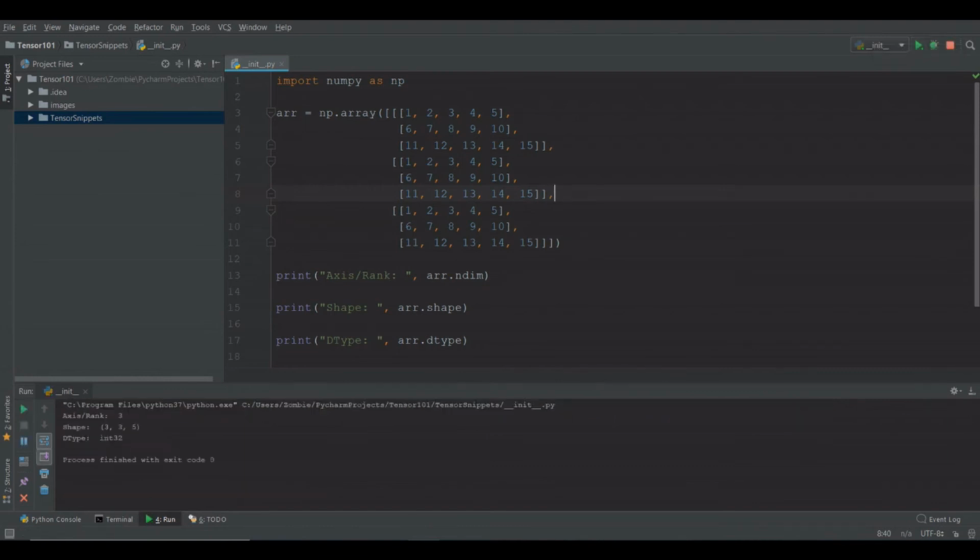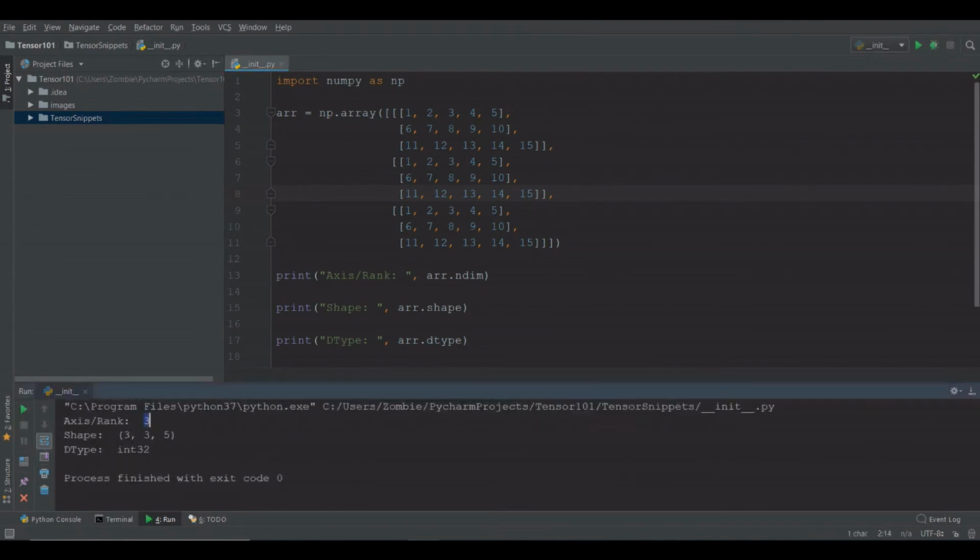Let's run it. And you can see that the rank is 3 and the shape is 3 elements along axis 1, 3 along axis 2 and 5 along axis 3.